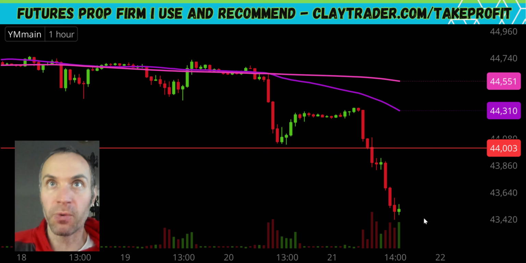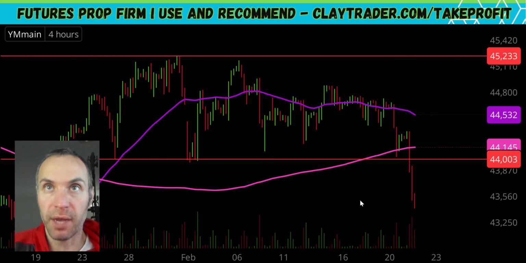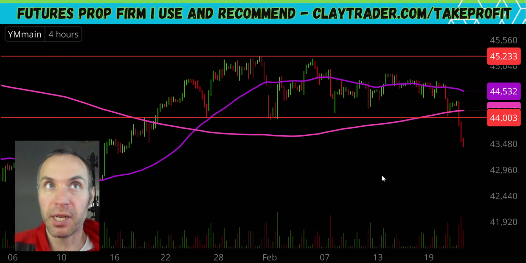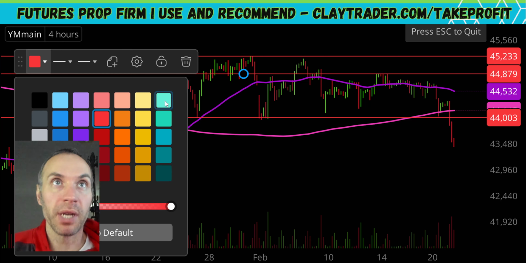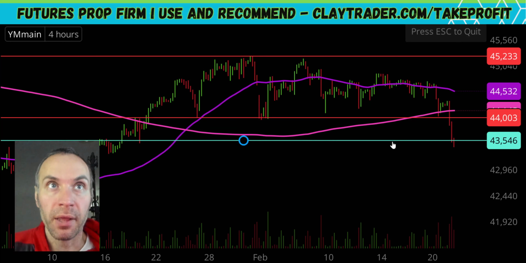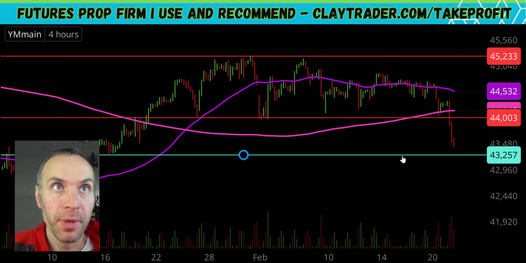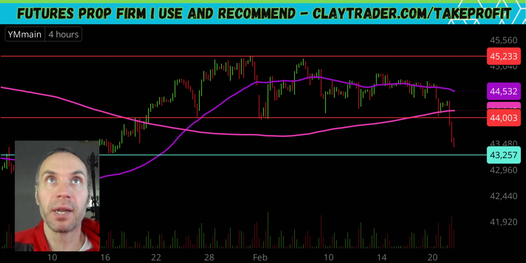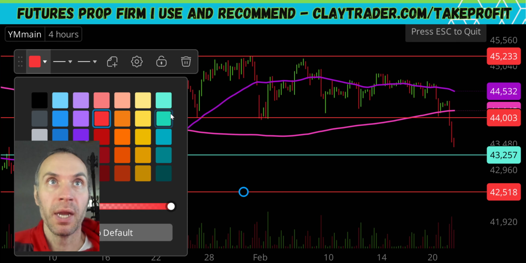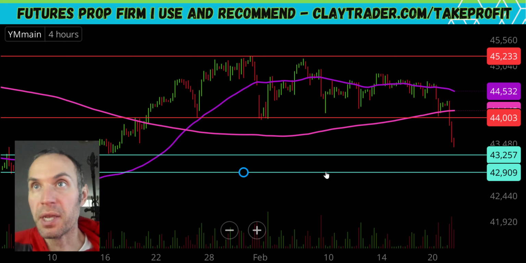As far as finding where the next potential areas of support are, once again we're going into the 4-hour time frame. Should make your life a little bit easier, but wow, you can see it has been a long time since the price has been down around this area. So next potential area of support in the next session, is it? No, wow, it's already broken down through there. So right there at the 43,257 mark, and even if that level is broken, the next level after that to keep a close eye on would be right up around the